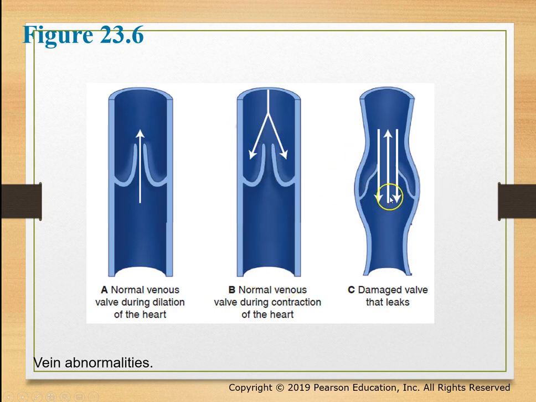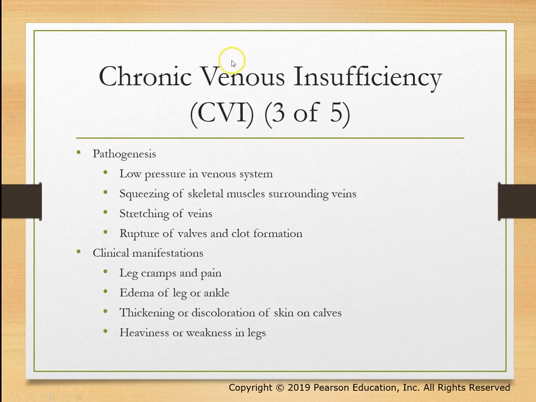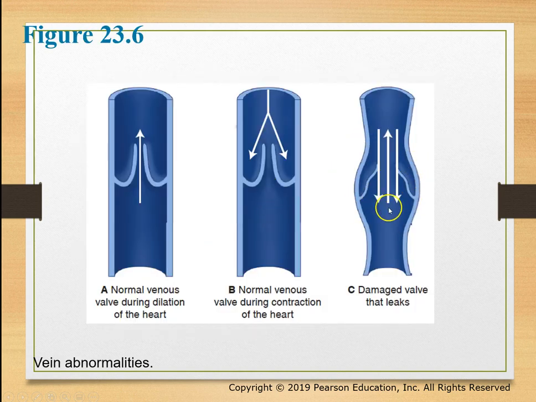However, if there is a damaged valve that leaks, it allows that blood to flow backwards, and then you can see that blood will pool in the veins, and obviously isn't going to go back to the heart where it should. Okay, so this dysfunction will contribute to a bunch of the problems that we're talking about. Okay, so again, low pressure in the venous system, I just said this, right? Skeletal muscles will squeeze those surrounding veins. That's normal to push the blood, but obviously you'll get extra squeezing of the skeletal muscles if you have an issue. And those veins can stretch, like I showed you here, right? Because blood will pool, okay?